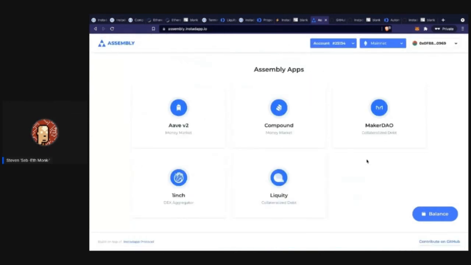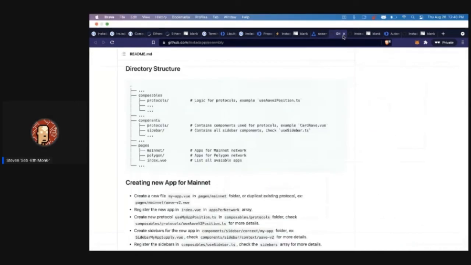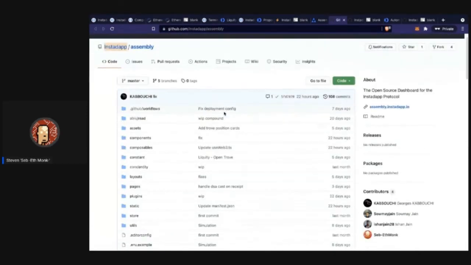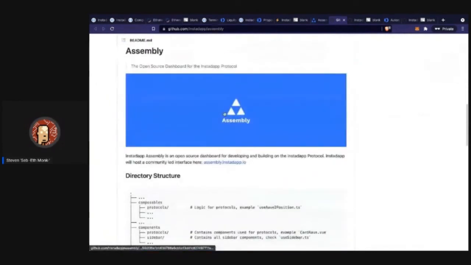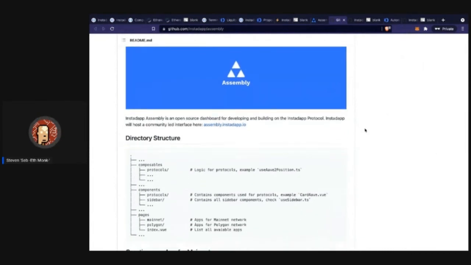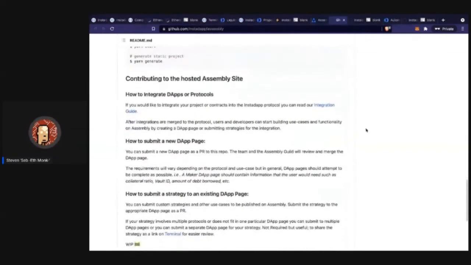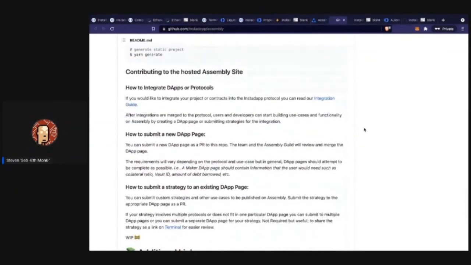It's really awesome. So the two things I want to show you here is where the repo is. If you go to GitHub, Instadapp Assembly, feel free to fork this. Let us know if you're working on anything, if we could help you build something on Assembly. I believe DIGITALAX is going to be here. It's just very exciting. We have a couple of other more experimental protocols that might jump on here. And here's a process of just how to ask for that merge.